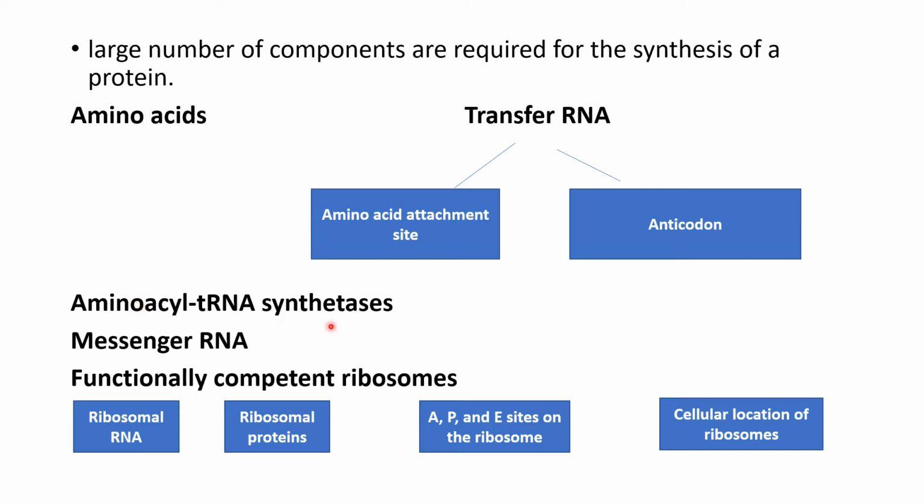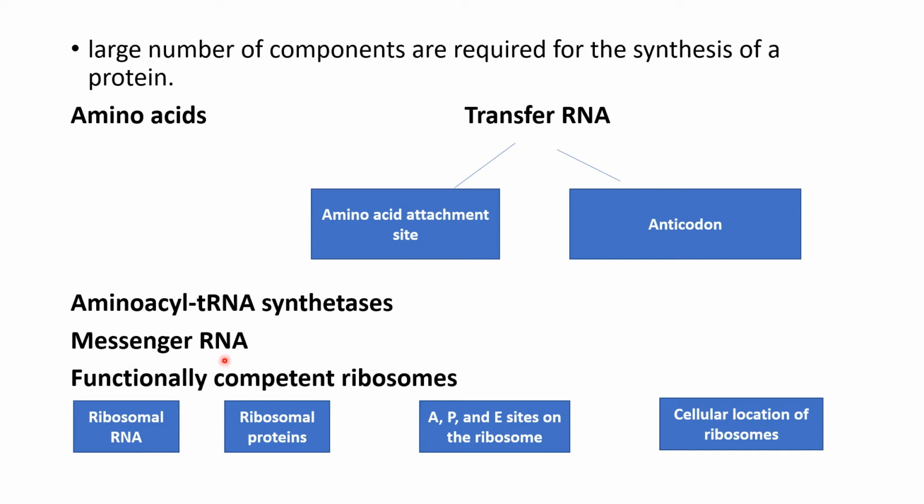Amino acid tRNA synthetases are also helpful for the reaction, which is a two-step reaction and an energy requiring reaction. Here the two phosphate bonds break and then the specific amino acid is added to the tRNA at its 3' end. Then next is the messenger RNA.